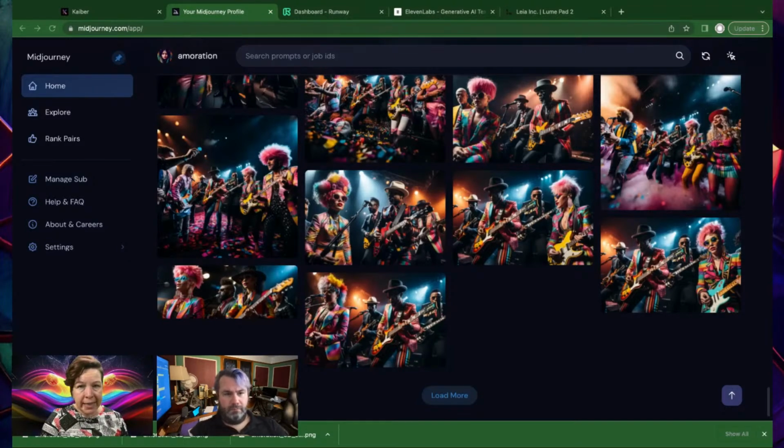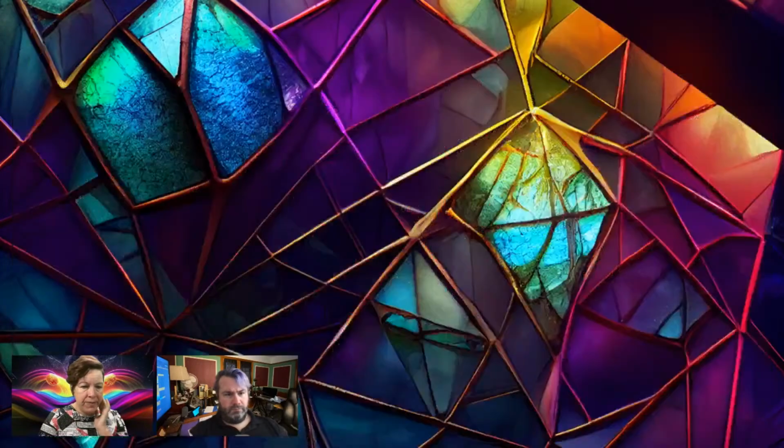Topaz is a set of tools specifically for upscaling, and with video you can do things like interpolation. You can do a number of advanced methods to get something looking cleaner and able to be published. So let's see if I can get into Topaz. If people are looking to get into Topaz, that's